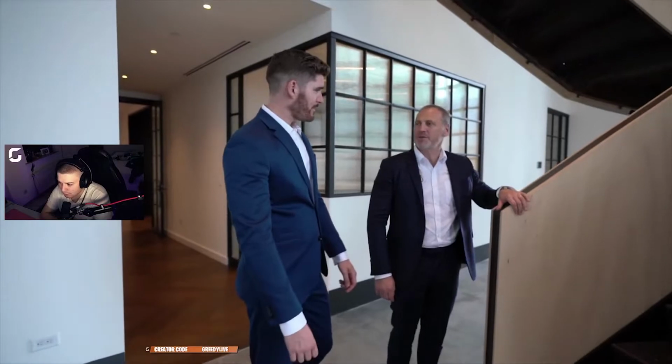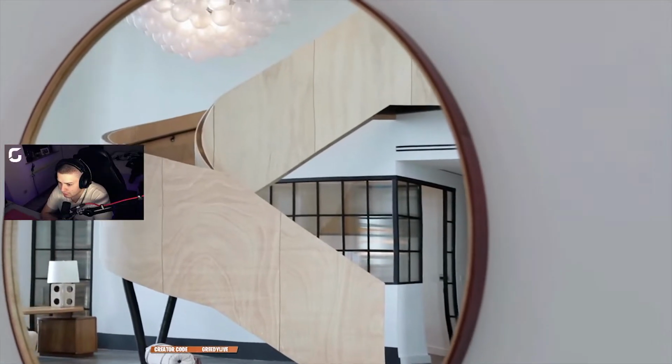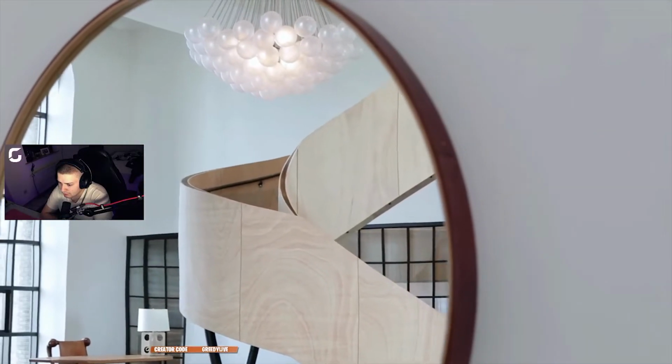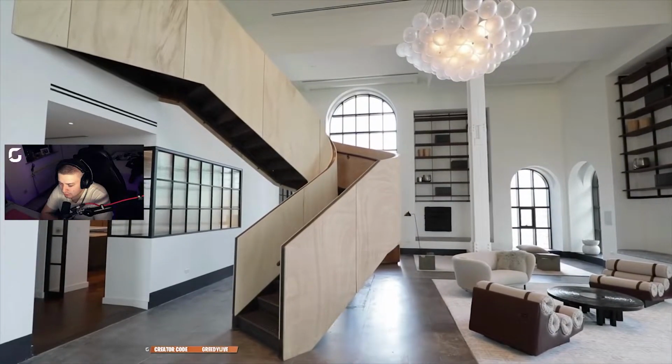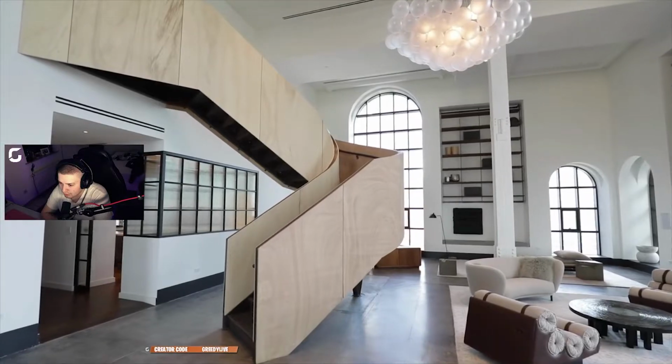This is a temporary staircase, but I think this is a real design moment for someone who's going to buy this space. It's an architectural opportunity to have someone come in and design something that is a sculptural piece of this living room. You know, I've sold